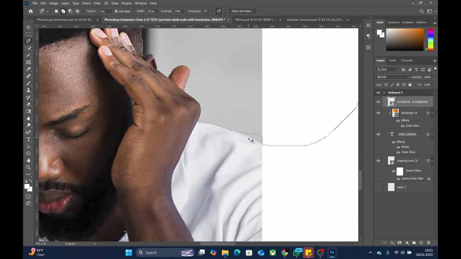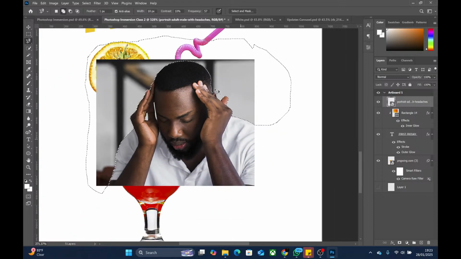This place is not perfect, so I need to add to that selection. Do not forget, up here if you click on this one, it will be add to selection and there will be a little plus on your pointer. Watch my mouse. So what you do is you click like this, the part you want to add to the selection, and then you come and cover it up. You can double click from anywhere or you can go close, and when that zero comes up, you click, and then the selection gets better.